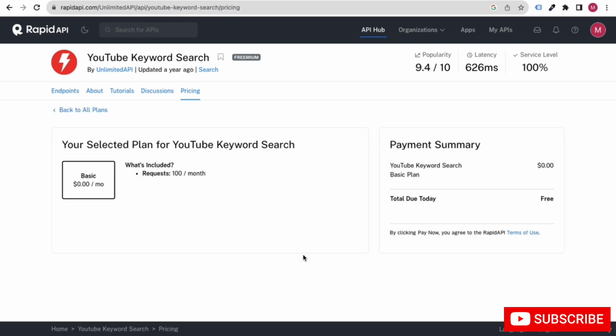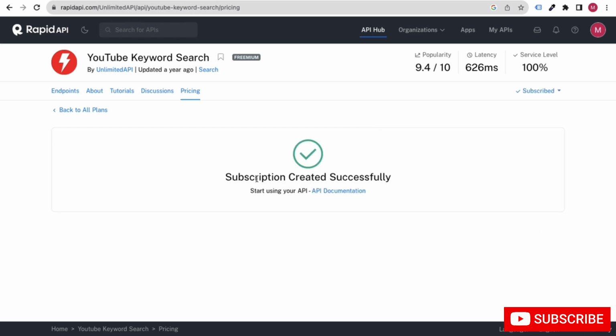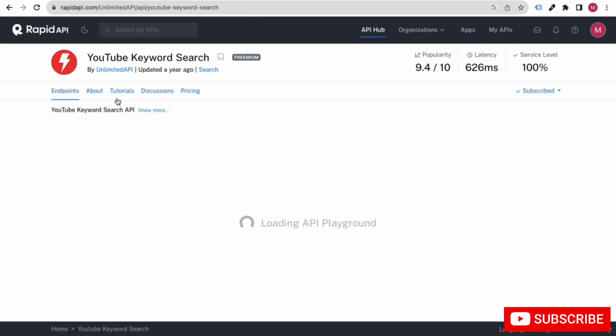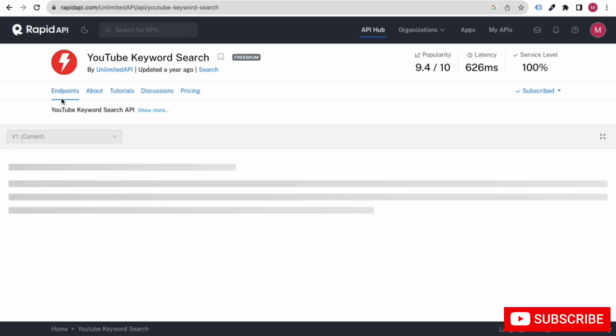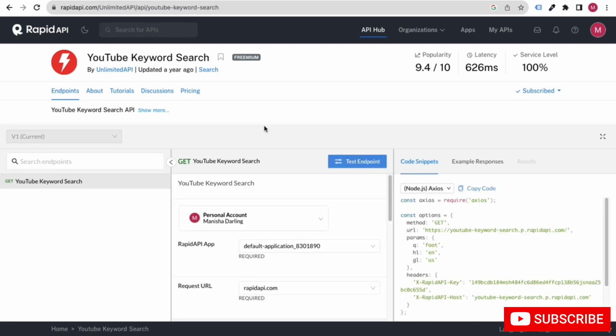And let's subscribe to this particular one. Subscribe, it's free. Okay, so you can see subscription created successfully, right? Now you can just go to endpoints after you subscribe to this API, which is free. Okay, now if you go and see the endpoints, if you click on test endpoints,